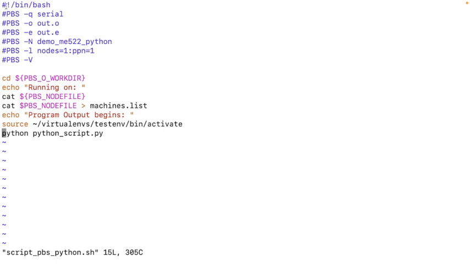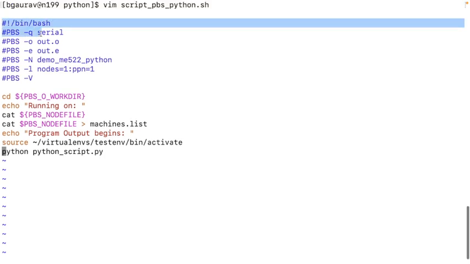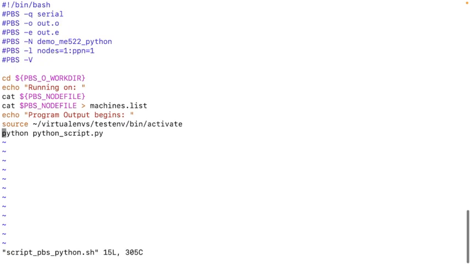So we see what looks like some comments on the top, and then we have some commands. So let's understand the commands first, then we'll understand the comments on the top. So we do a cd followed by some environment variable. So this PBS_O_WORKDIR is an environment variable that's available to us when we run things on the cluster. So what it will do is, the current directory, the working directory, will automatically be,